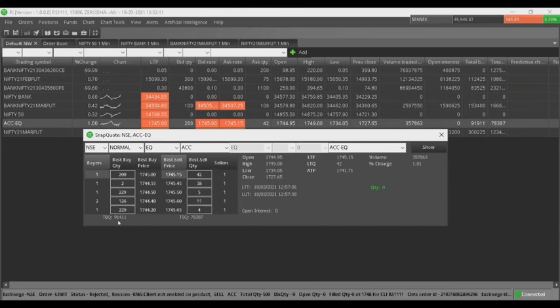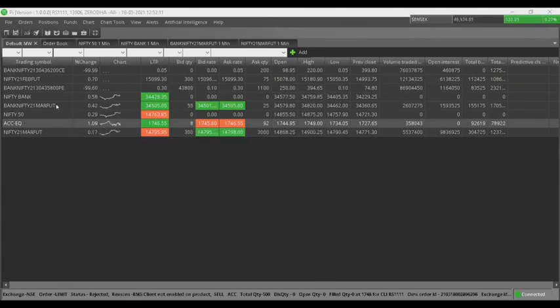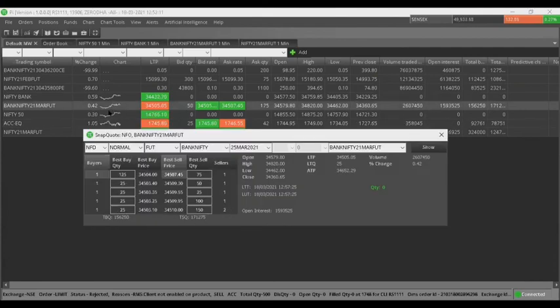And at the bottom, you see the total quantities to be bought, 91,000, and total quantity to be sold, which is around 78, 79,000. So you see that the number of buyers are exceeding the number of sellers in this case. That's why it is known as market depth also. Let us take a look at something else. Let's see this instrument I'm clicking on. I'm double clicking here. This is known as a future contract.